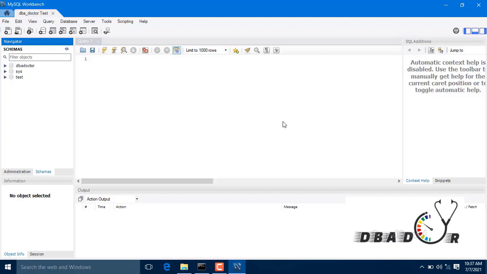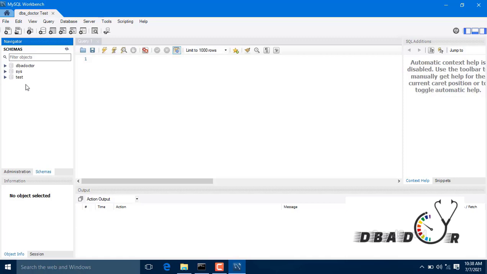For creating a database we have different methods. Before creating a database, I'll give you some introduction. The left-hand side is the navigator bar.